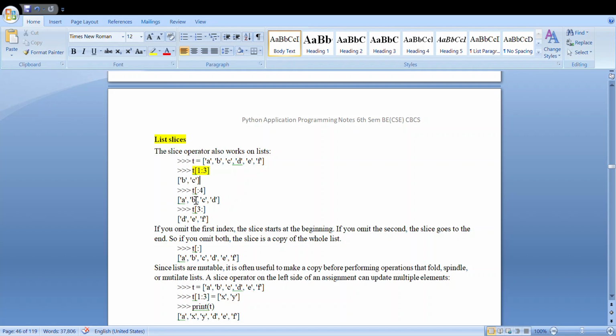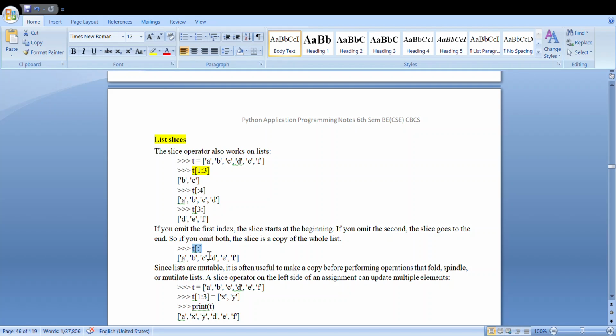And we know that when we don't give the initial index, it considers from the beginning of the list. Similarly, when you don't give the ending index, it means from the third index up till the last element. So it means 0, 1, 2, 3, from D onwards up till the last element, which is F. Here it prints D, E and F. This also we saw in the strings concept.